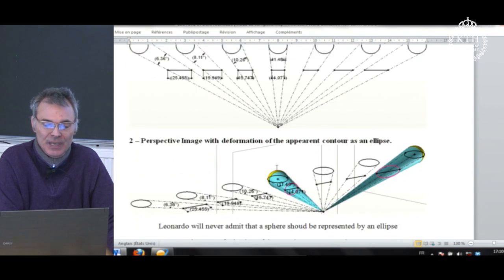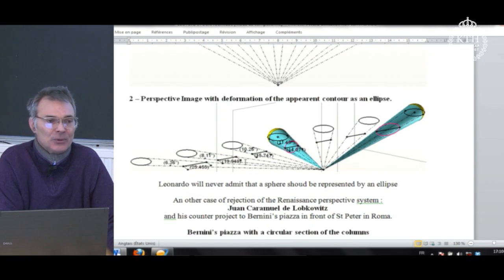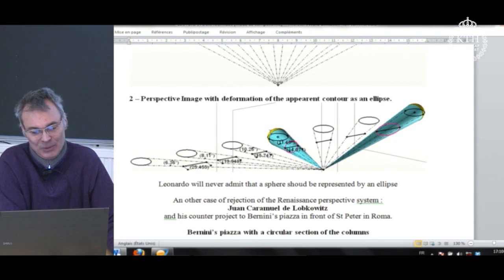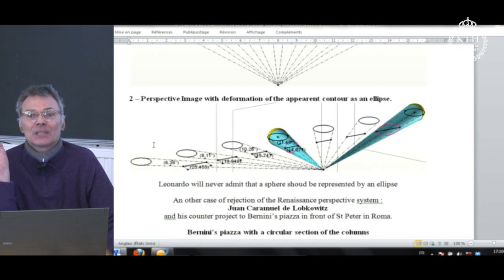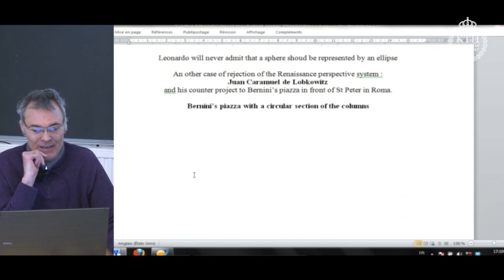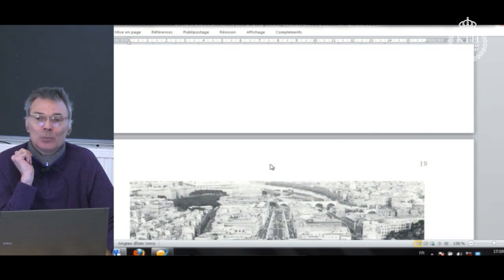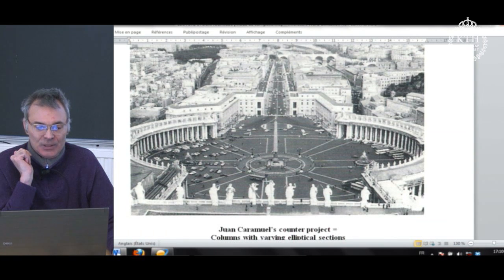that is located here, Leonardo da Vinci will never accept that the image be only a circle for the column in front and becomes an ellipsis. Well, I mean, not a column, not here, a sphere, becomes an ellipsis when it is on the side. If you take, for instance, another example of that, if you take the project of Juan Caramuel de Lobkowitz for St. Peter in Roma,